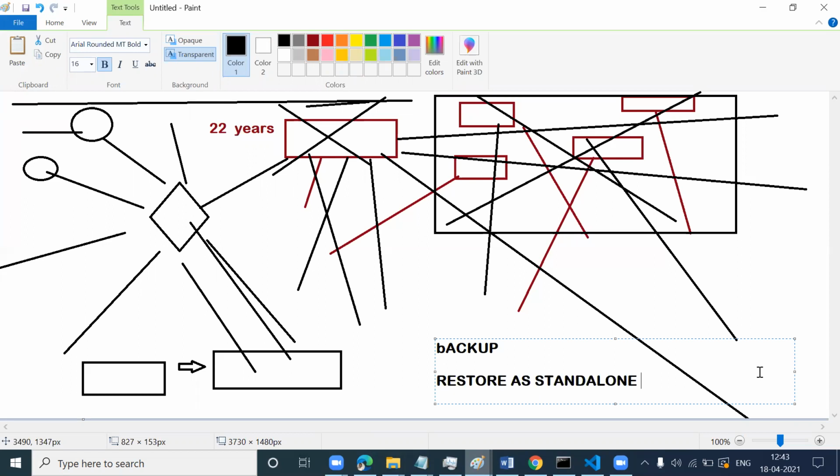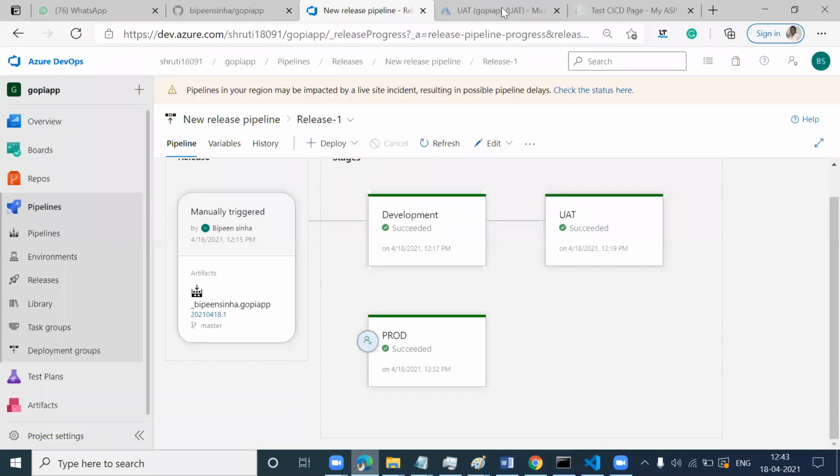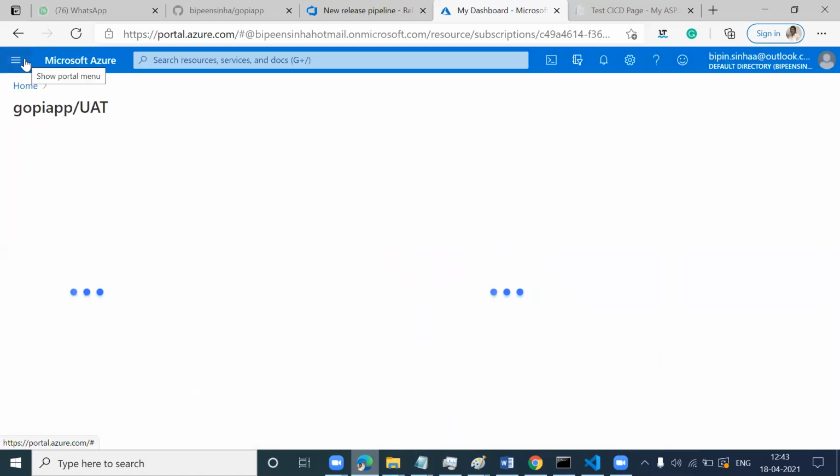So just go to my YouTube. Watch SQL database backup. There you get the whole process. Just follow the process. It's very easy. While restoring, you only have to enable an option.